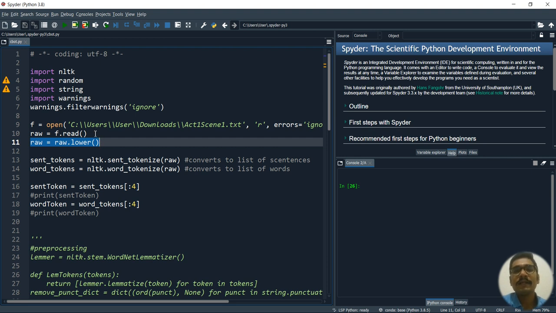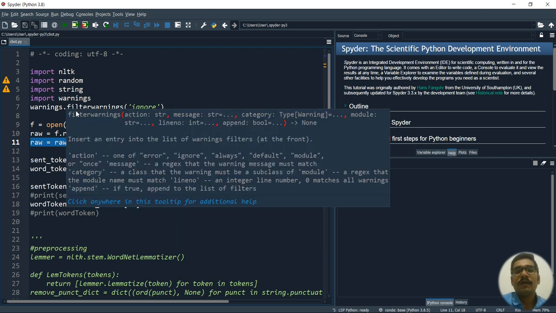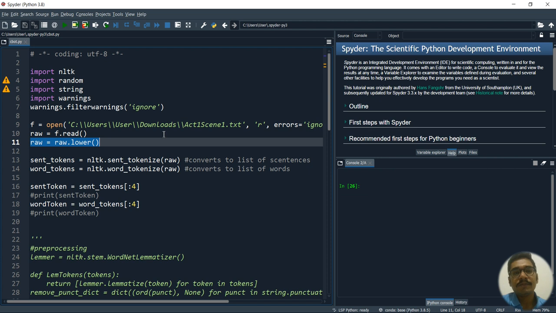If it's in lowercase, that's not a problem, but if it's in uppercase, some letters are. Usually when you write something, nouns should start with capital letters: name of a place, name of a person, name of some country. It should always start with capital letters followed by small letters. So we will not consider that hassle. Instead, we'll convert everything to lowercase.